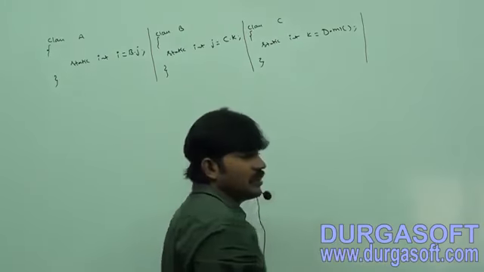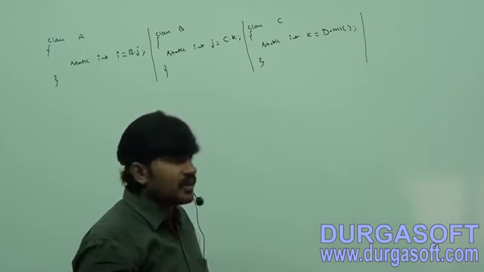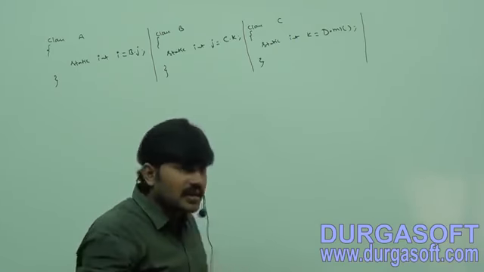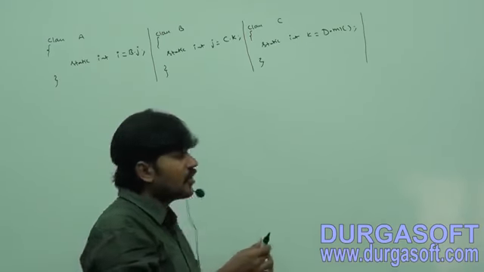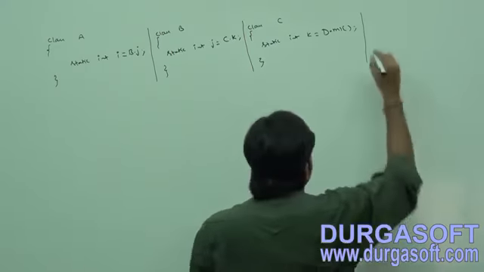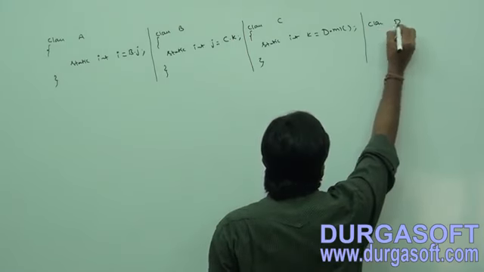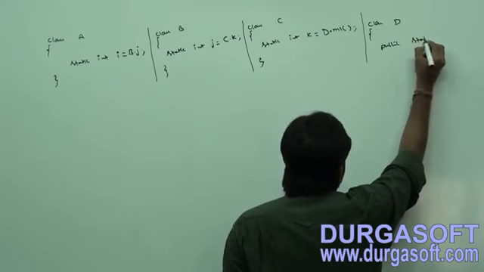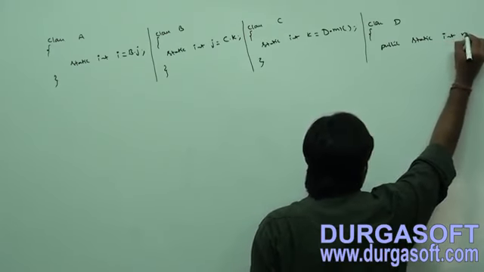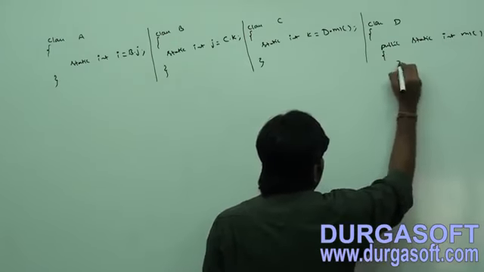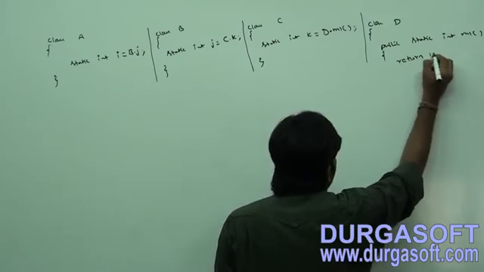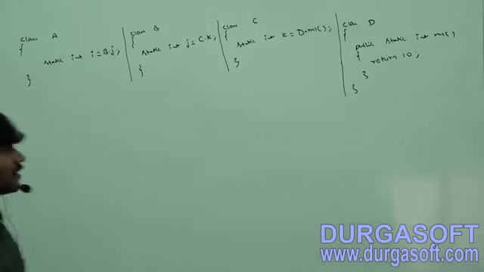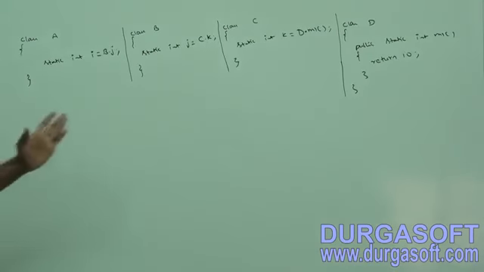Now sir, in the D class there is one static method m1. That method returns some value. That value will be the k value, right? Okay, now let me take class D: public static int m1, return 10. Are you getting? So total how many components are there?